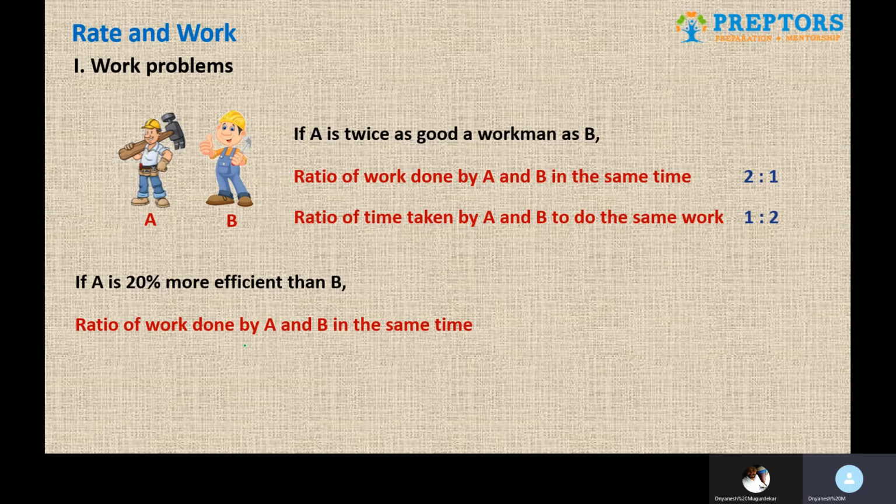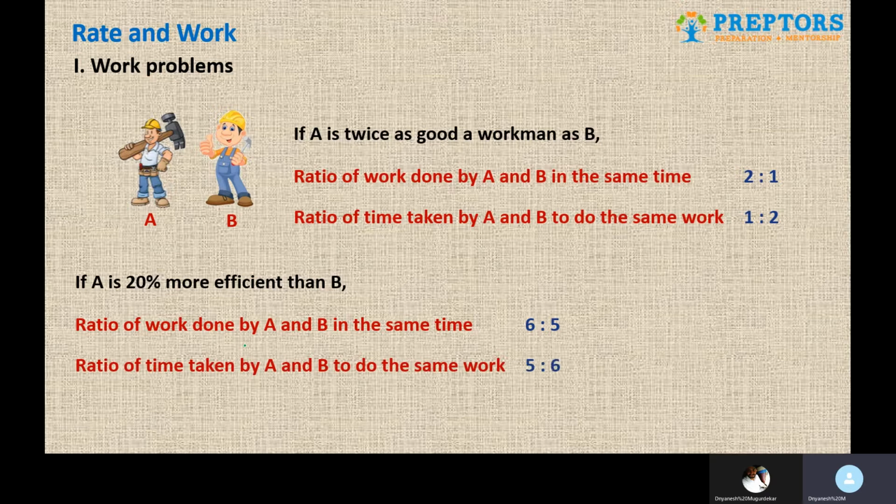So using the method of parts, what we can say is that B is 5, which is the base, which is the denominator of the fraction 1/5, 20% का, and that means जितना भी B ने किया है A ने उससे एक ज़्यादा किया है. So B ने अगर 5 किया है, A ने उससे ज़्यादा एक यानी A ने 6 पार्ट्स काम किया है. So that tells us कि वर्क डन का रेशियो A और B का होना चाहिए 6:5. How you arrive at this 6:5 is something which is very, very important, which we have been exploring since the first topic, which is percentages. Similarly, work done का रेशियो 6:5, time का रेशियो inverse of that, which will be 5:6.